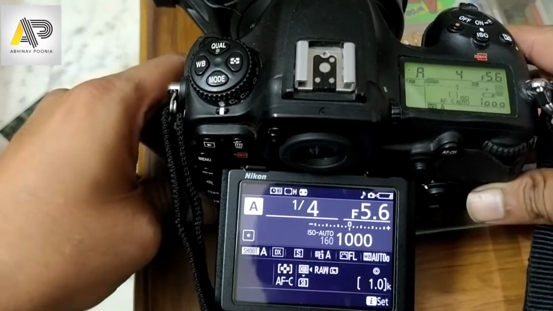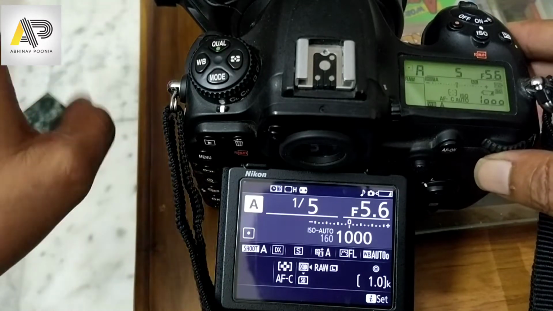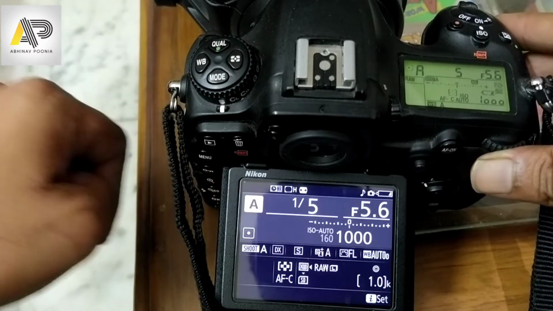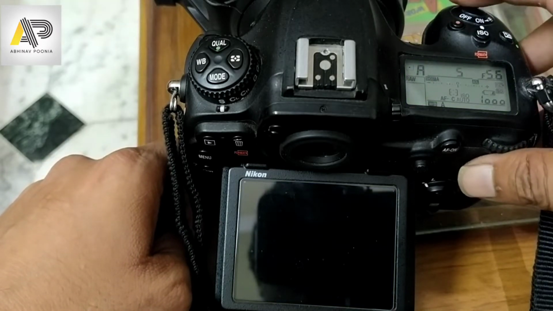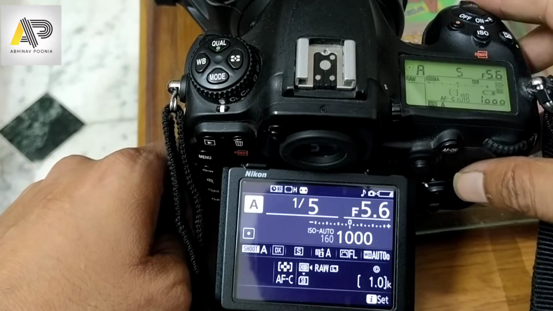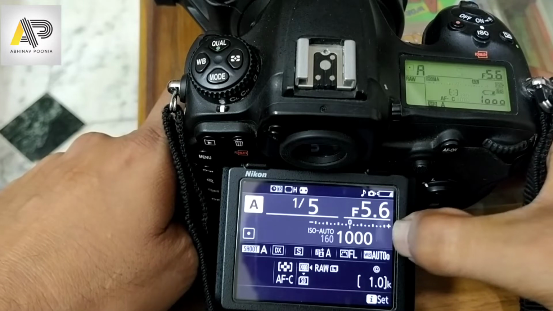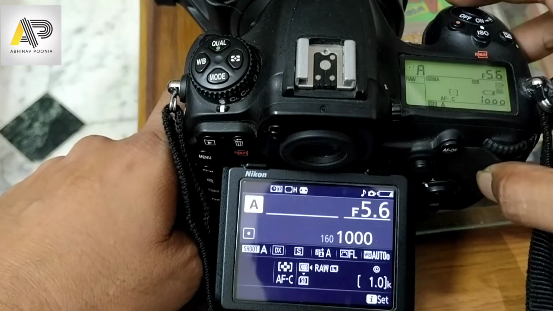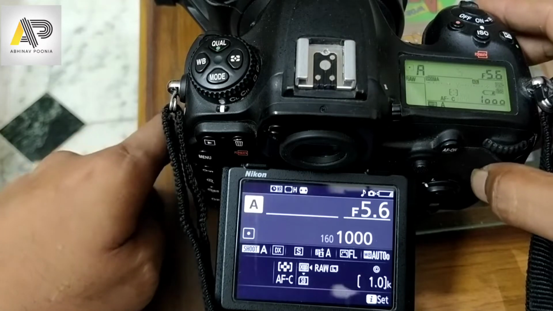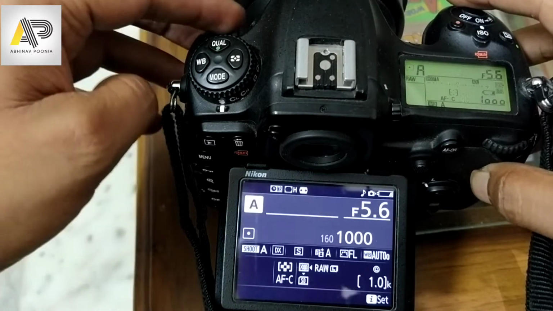You can see here that no setting has been changed, it is absolutely normal. It's on raw and white balance is on auto. Let me show you some more things. AFC, standard DX, everything is standard. Note one thing, that the ISO is at 1000, right? So it's at a very low value, and the shutter speed is approximately 1/5, at f/5.6.